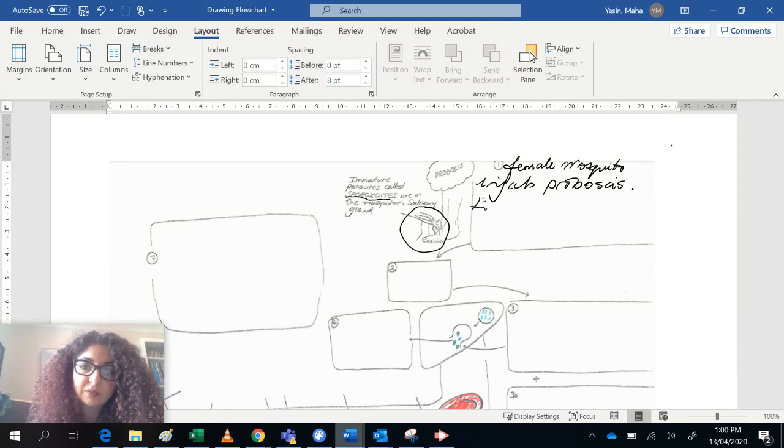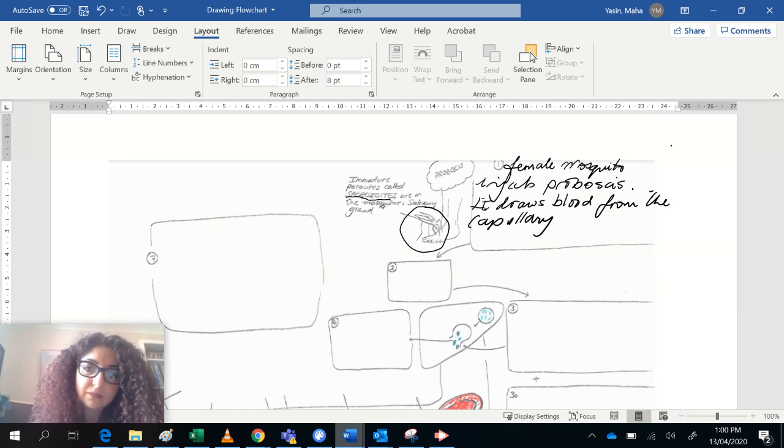It draws blood from the capillary and releases